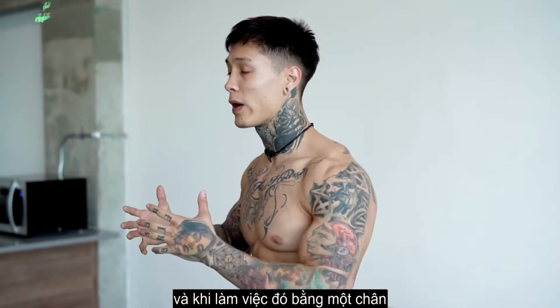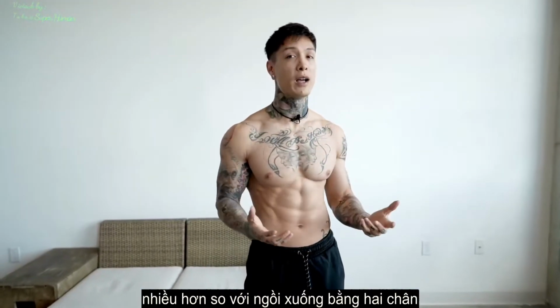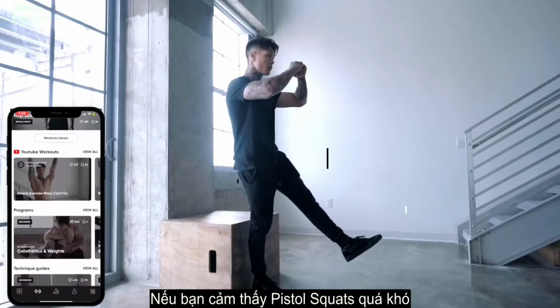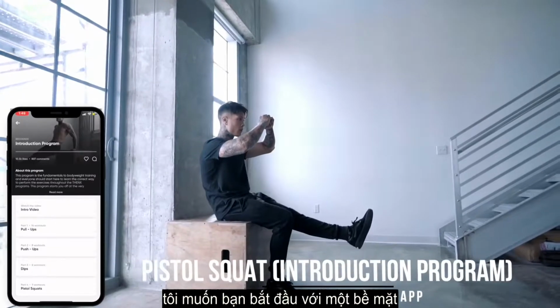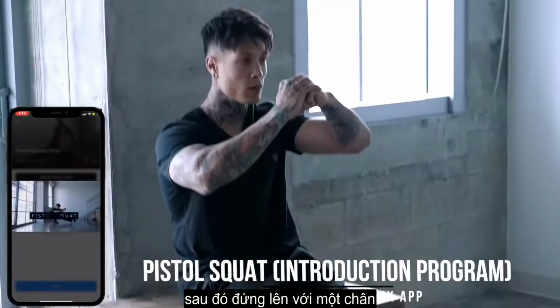And while I'm squatting my body weight with one leg, I have to balance and control my body a lot more than squatting with two legs, and that's going to give me a lot more muscle activation and tearing a lot more muscle fibers. Now if you find pistol squats too difficult, I want you to start off with the progression assisted pistol squats. You're going to be lowering and sitting into a chair and standing back up on one